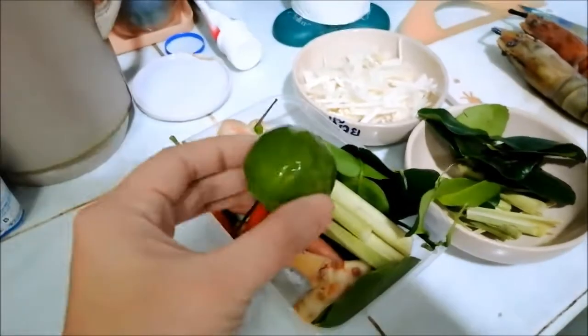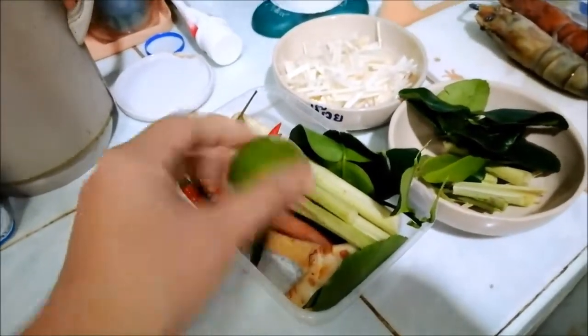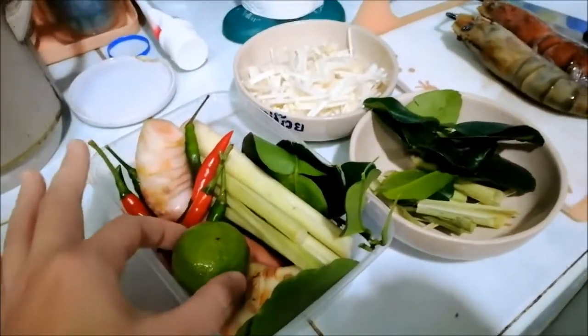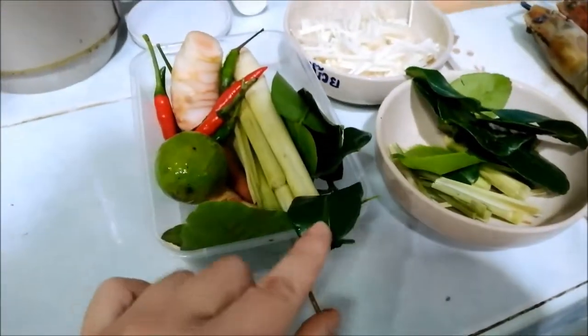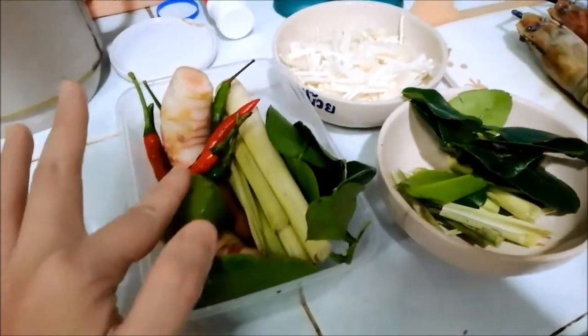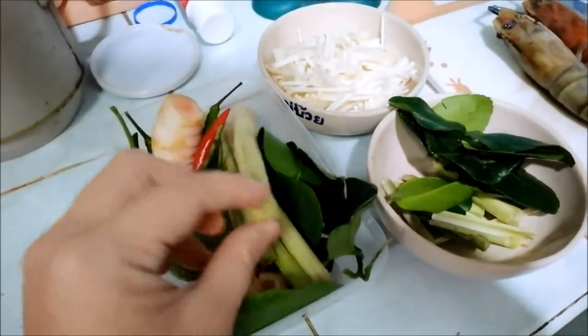And this is lime. Key lime, the small one, not the big one. If you are not in Thailand, you can still get it in Walmart or some stuff like that, or in Chinatown. And this is the kaffir lime leaf, just the leaf, not the fruit. Okay, and this one is lemongrass,